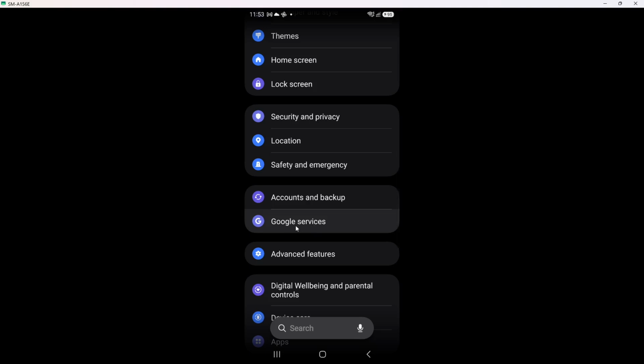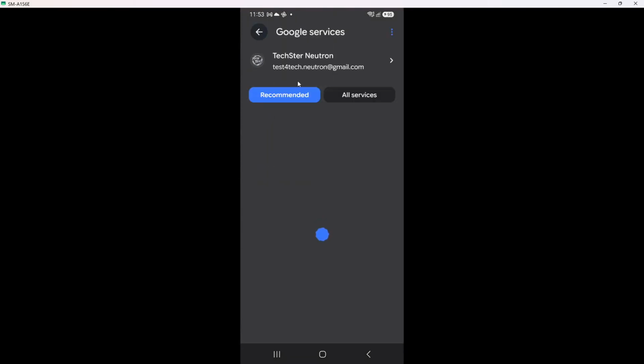Next, tap on the Google option in the Settings menu. This is usually located towards the top of the list as it is a core component of the Android experience. By tapping on Google, you are accessing all the Google services linked to your account. This is important because backing up your apps involves integrating with your Google account, which stores your data securely in the cloud. Once you tap on Google, you will see a range of services, each important for different functionalities of